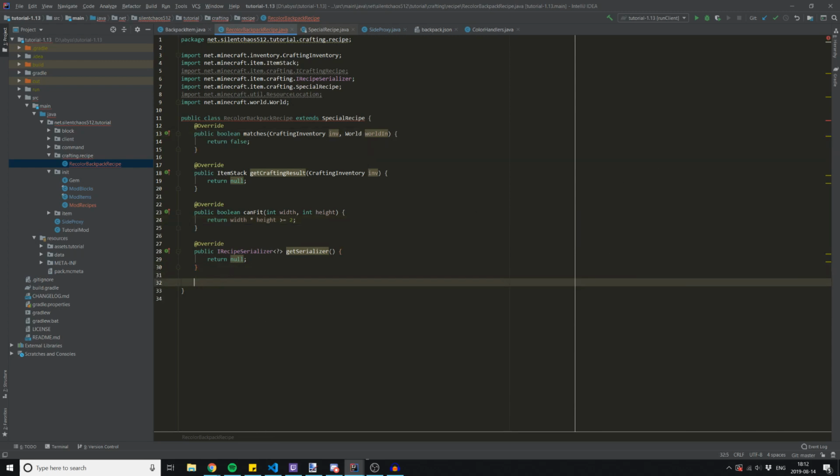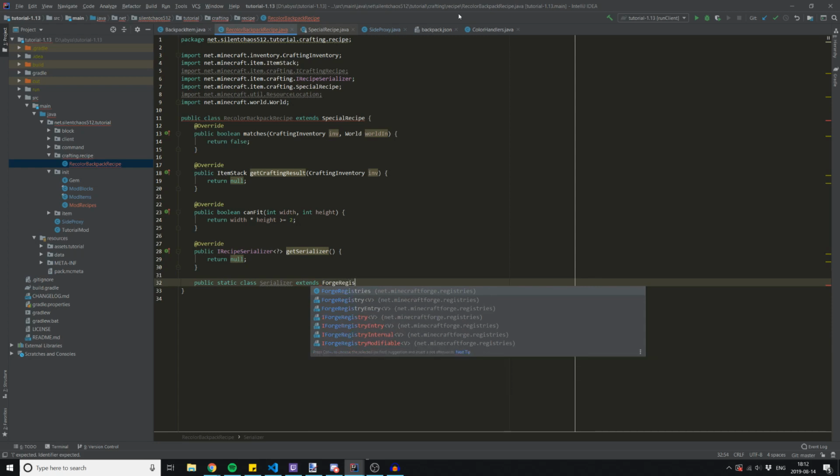I normally create an inner class for this. So we'll just call that Serializer, and let me double check. Okay, so this part's a little bit odd. It needs to extend ForgeRegistryEntry